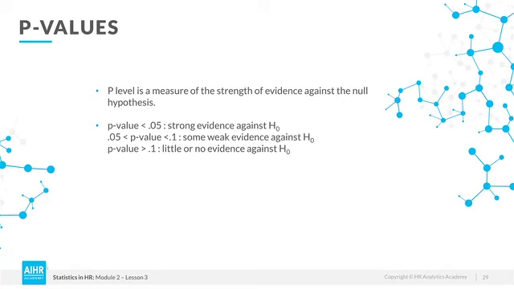If your p-value is between 0.05 and 0.1, there is some weak evidence against the null hypothesis. If your p-value is larger than 0.1, there is little or no evidence against the null hypothesis. If your p-value is lower than your predetermined alpha level, or in other words, it is statistically significant, you can reject the null hypothesis, meaning that there's a higher chance that your alternative hypothesis is closer to the truth than